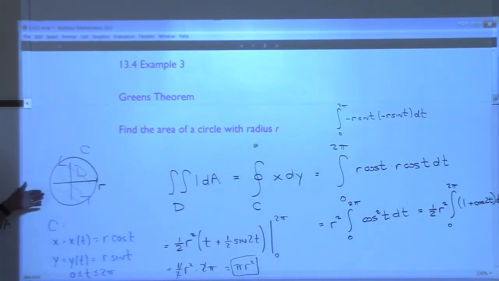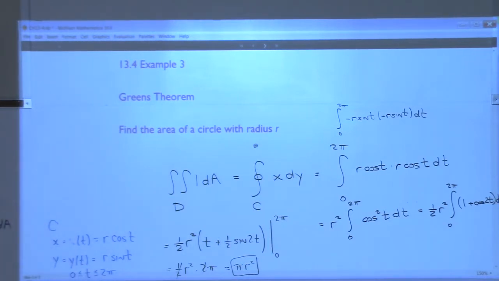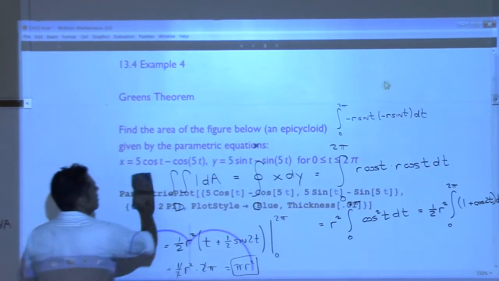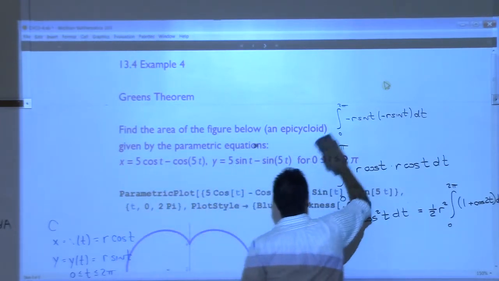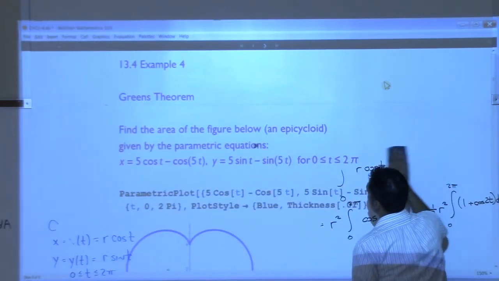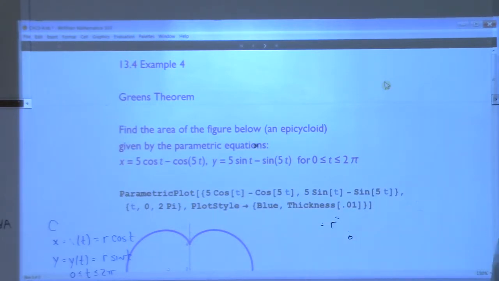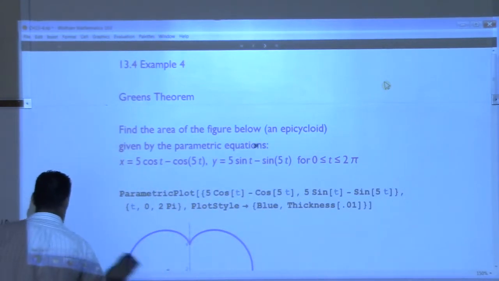Okay, but you know what? We could have done this with a double integral anyway, right? So maybe there's another example that would be more constructive, like this one. Find the area of the figure below, which is called an epicycloid, which has as its parametric equations